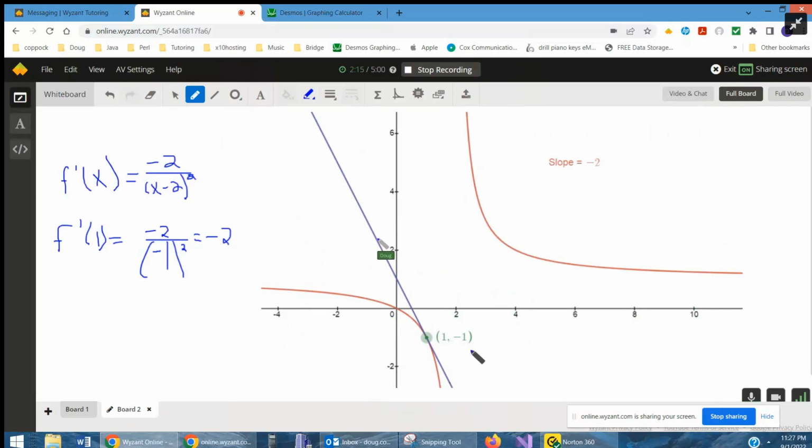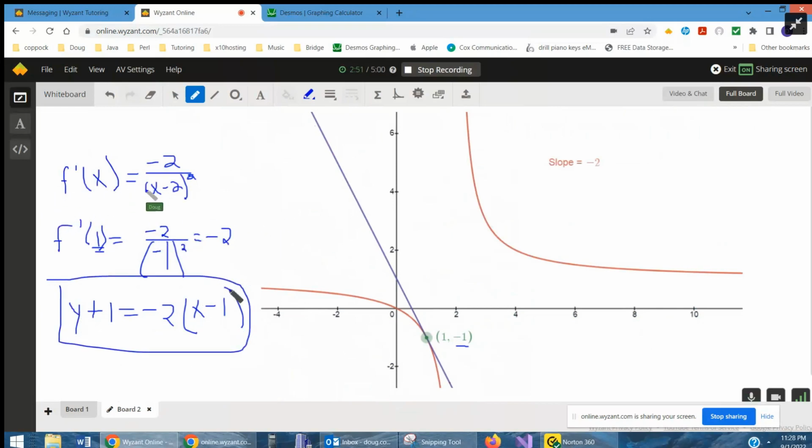When you put 1 into the original function, you get a y value of -1, and the tangent line is using point slope: y minus a -1 equals the slope, which I calculated here by putting 1 in for x into this formula. That slope is -2 times x minus 1, the x coordinate of the point that we know about. And you could put that in slope-intercept form. But that's the equation of this blue line,